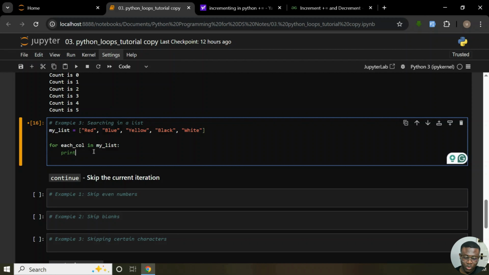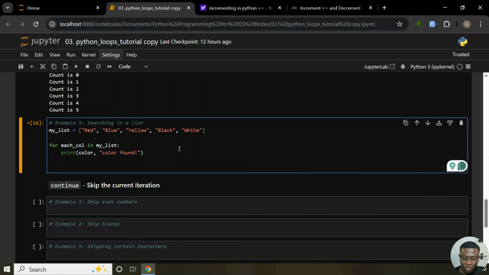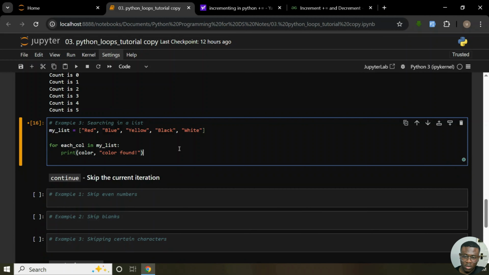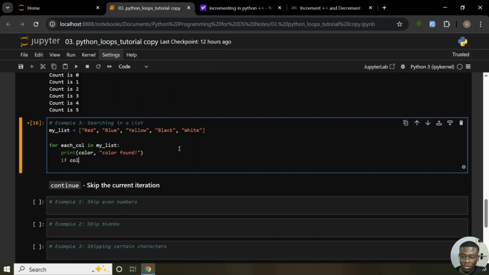Okay, so print color, red color found. Let's see. So color, comma, red color or blue color found. Okay. Right. So if, oh, what are you doing there? If color,